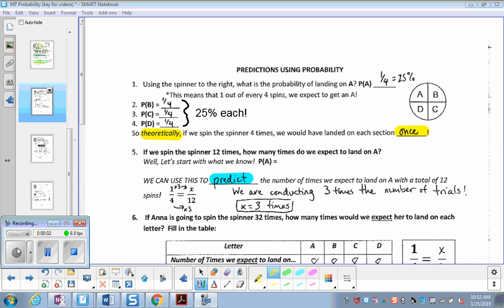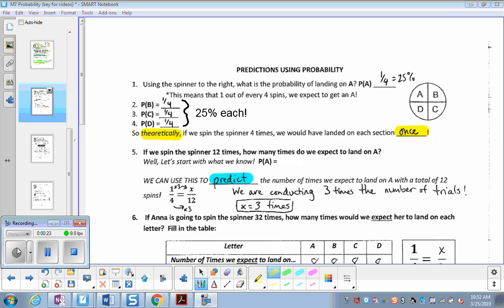So in this video, we're basically going to be reviewing whether you're going to be using theoretical or experimental probability when making a prediction. At this point, you know the difference between the two. You know that theoretically is kind of like a hypothesis. That's what we expect to happen. And then experimentally, when we have results, we can compare what actually did happen to what we would have thought